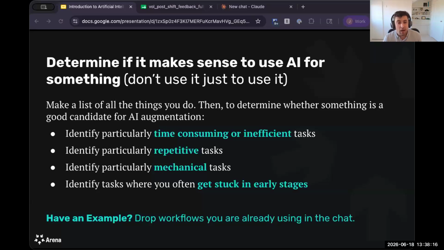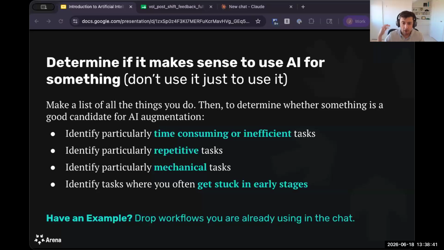Places where these tools can help us with brainstorming. I personally fall victim to the blinking cursor, the blank page syndrome, all the time. But fundamentally, we want to find stuff that we would rather not do, that's taking up valuable time in our days, that is delegatable, verifiable, stuff where there's a correct answer that we can check,